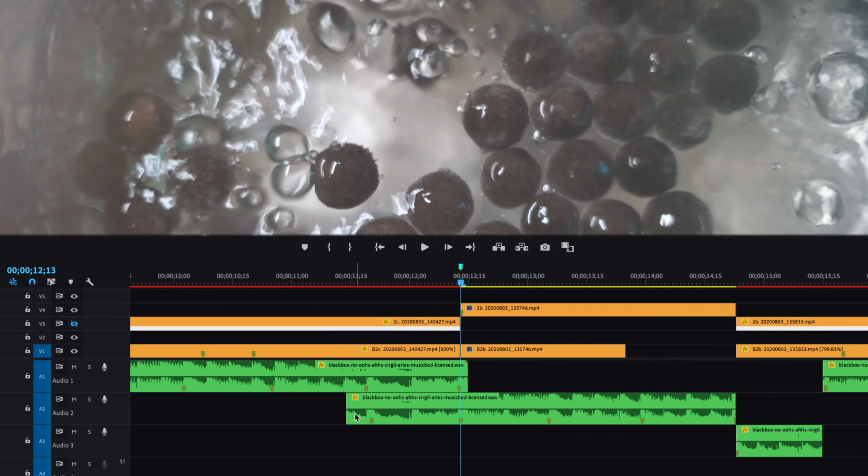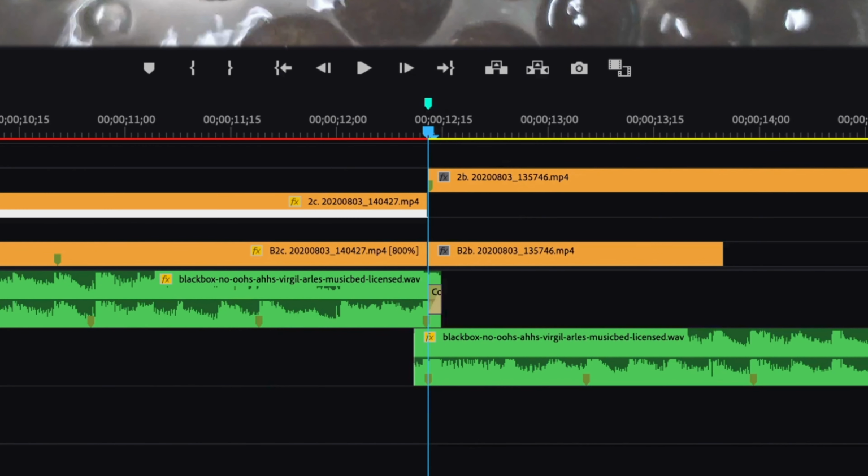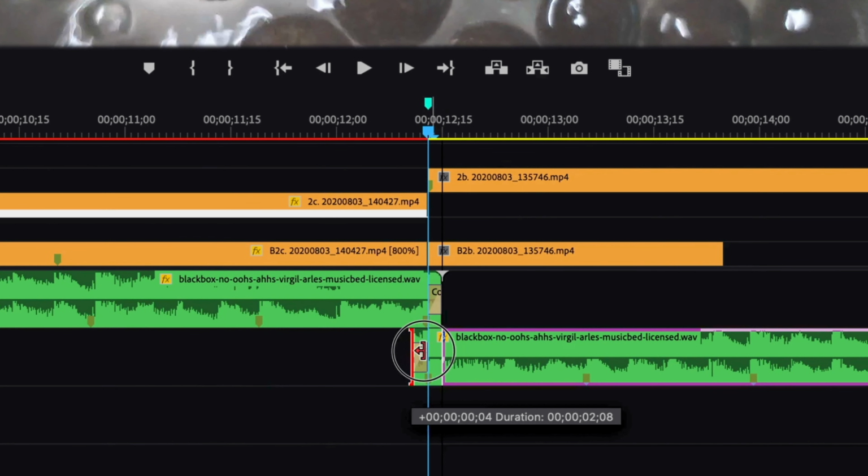Here, I cut the music to a different part of the song. I've already put markers at the different beats, so all I have to do is line them up and fade the audio together. If the timing is right, it should sound like there's no cut at all. I do this a lot in my videos because I like to build towards different moments and control the flow of the music to be where I want it to.